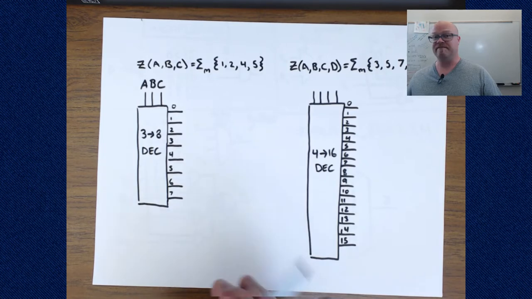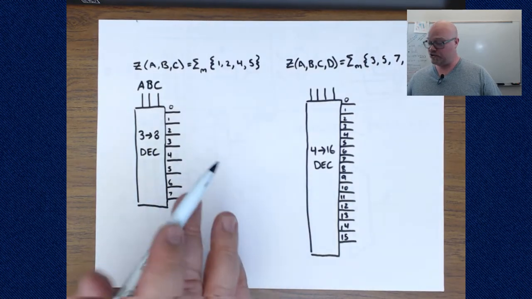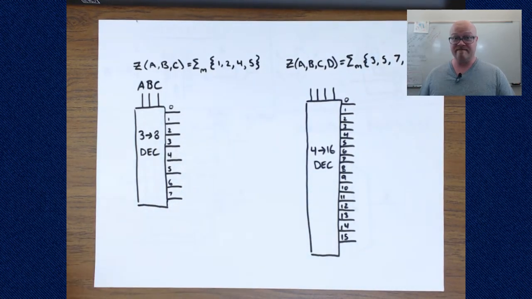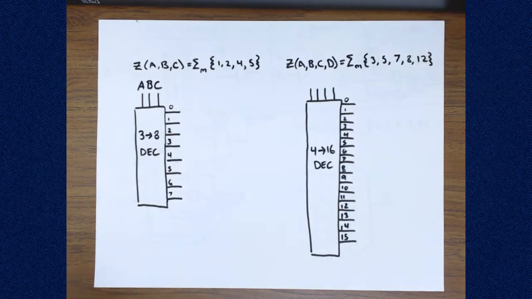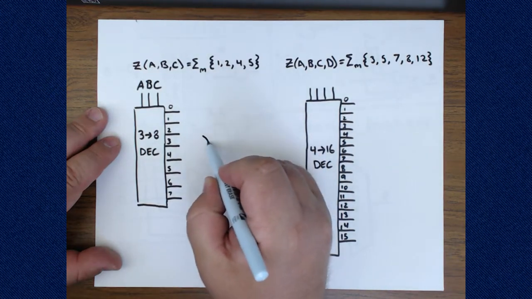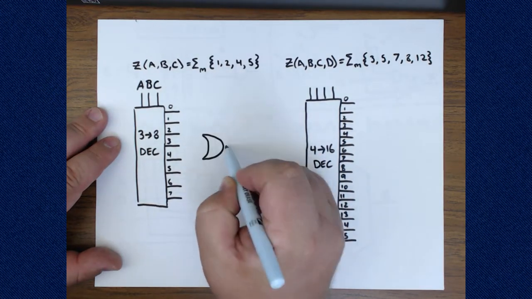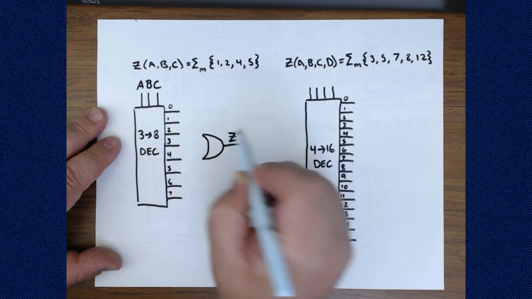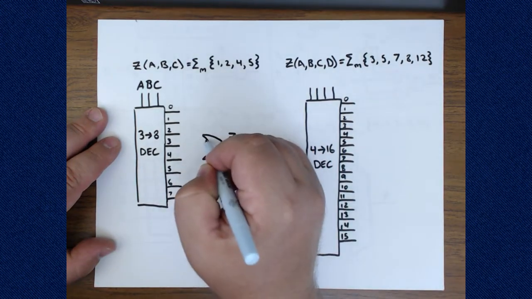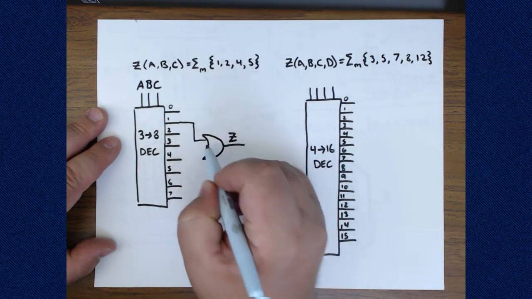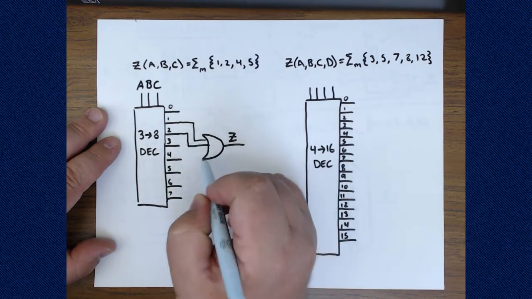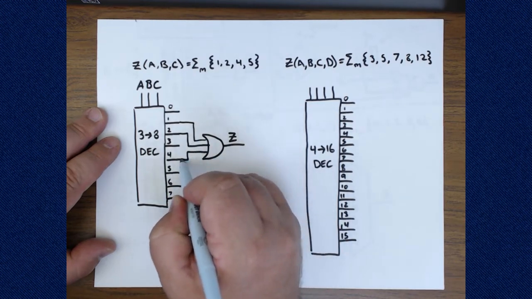So if, in this case, 1, 2, 4, or 5 turn out to be high, I want a 1 to come out of my circuit in general. So what I can do is just OR those outputs together. I'll put a nice big OR gate here. Say that's circuit Z, and I'll connect it to 1, to 2, to 4,